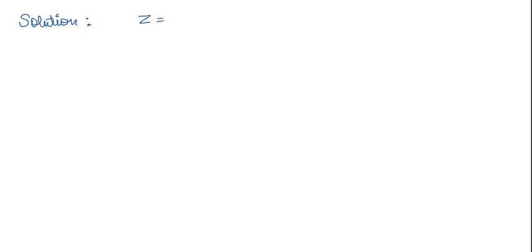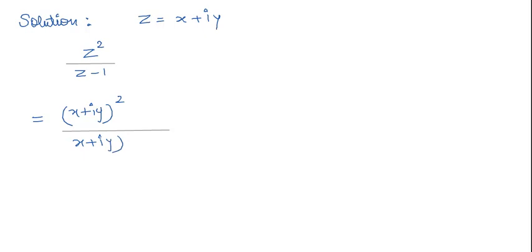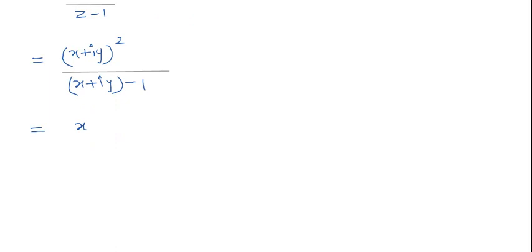First of all, let us assume that z is equal to any complex number x plus iota y. Now the expression which we have been given is z square over z minus 1. So if we substitute the value of z in this expression, we will be getting (x plus iota y) whole square divided by x plus iota y minus 1. So that will be equal to x square plus (iota y) whole square plus 2 iota xy divided by